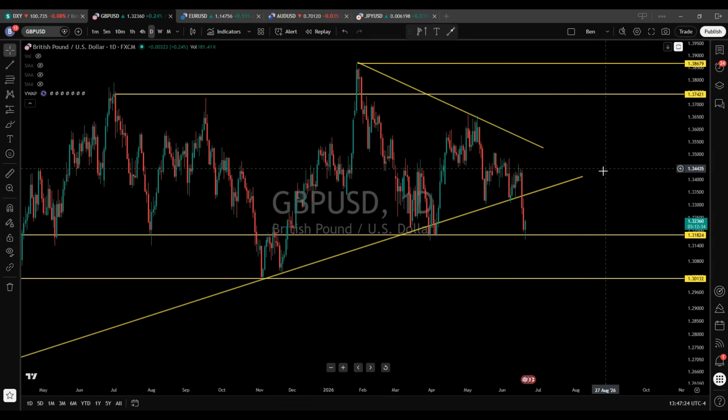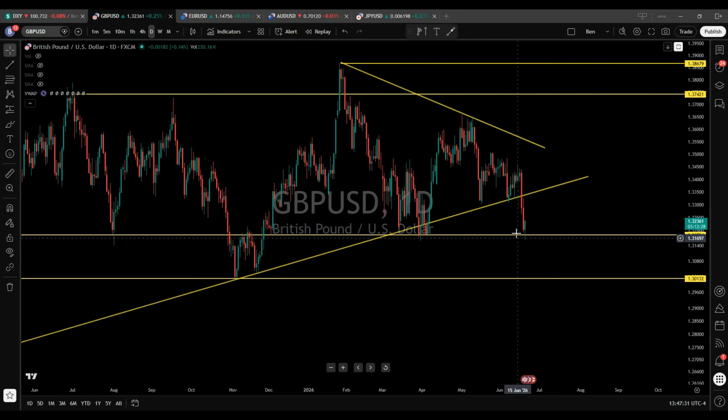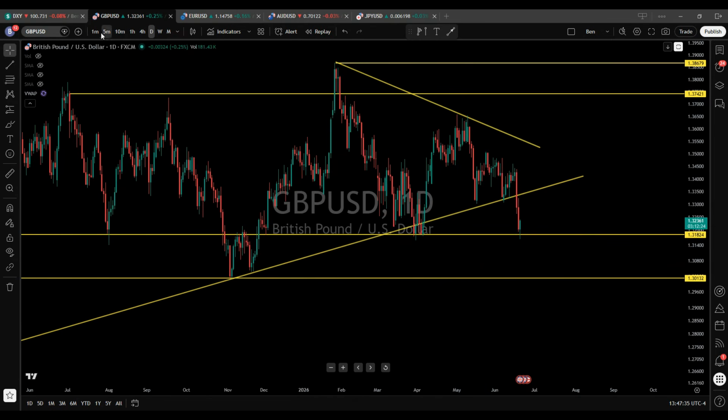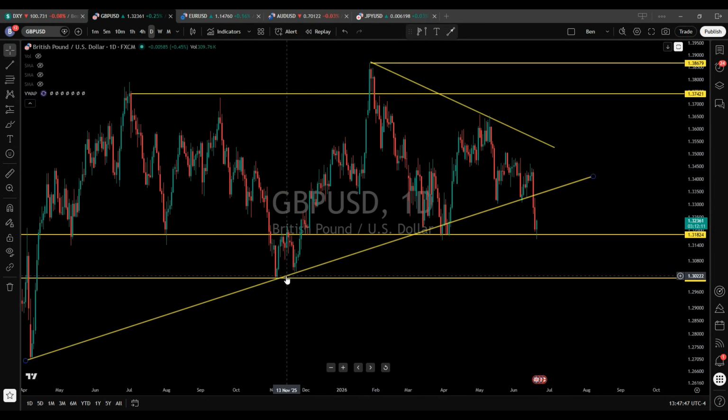So now that we've broken this wedge pattern, again, this brings us down to 1.31824 as your support level. If we do form a breakout on the DXY, what's going to happen is the British pound is going to continue to sell off after getting support. Your next level is going to be 1.30132. Major pivot in the charts, created that W V pattern before this nice move to the upside,